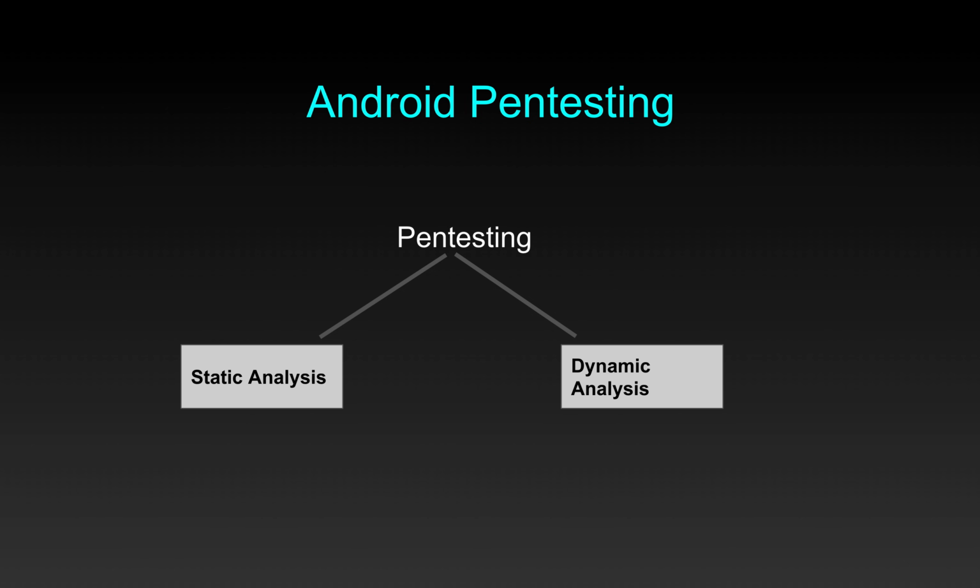All right. So what do we actually do in static analysis? As the name suggests, in static analysis we are going to see something which is static and not moving. What is that? It is obviously the code. So the code inside the application, how it is written, if it is not written in a secure manner, then we are going to identify it.